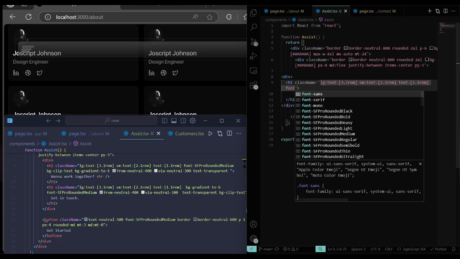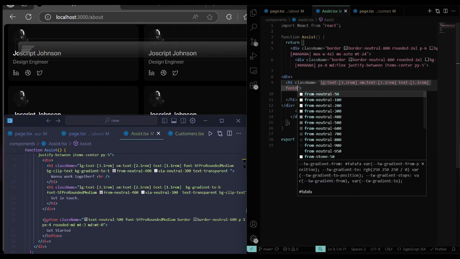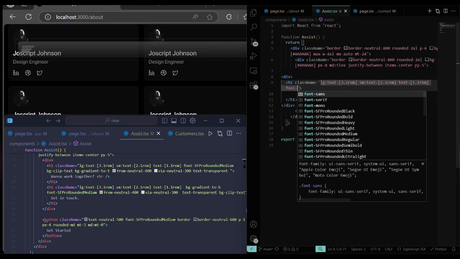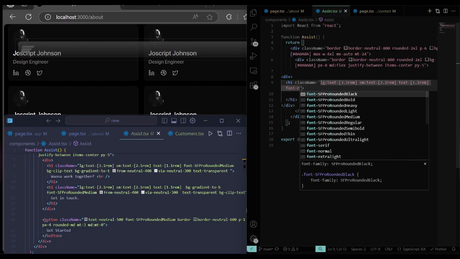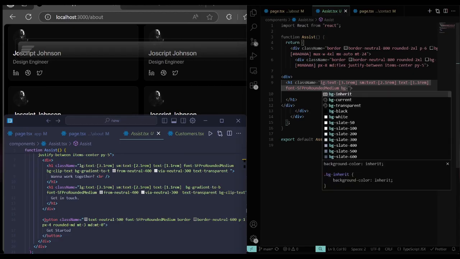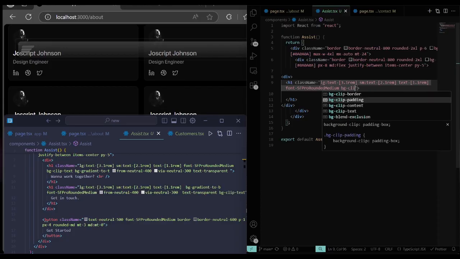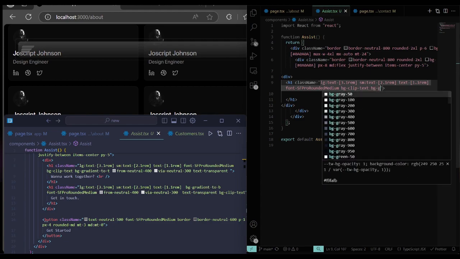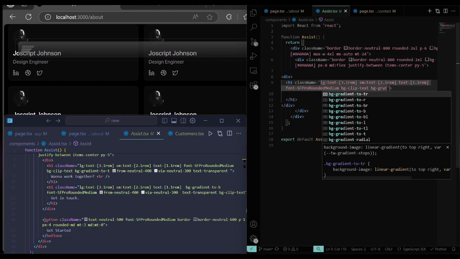Let's give it a font of San Francisco. I think I just need to probably name them more precisely next time. So let's give it the BG clip text, this one. Also let's give it a BG of gradient to top, this one,